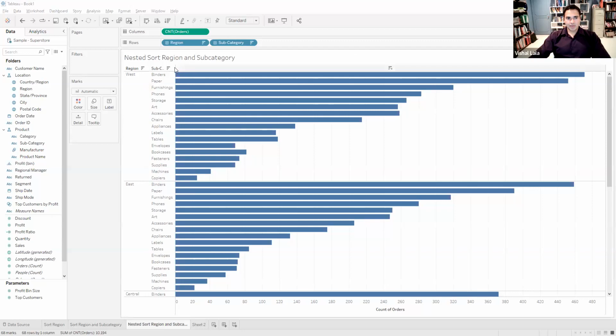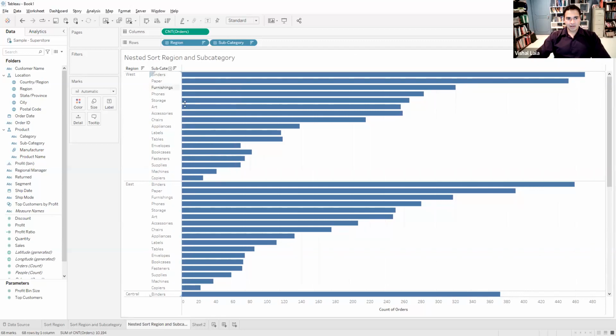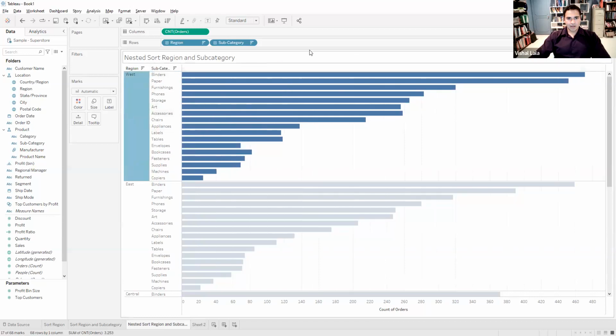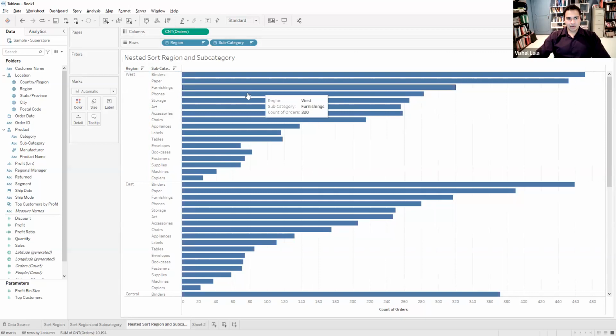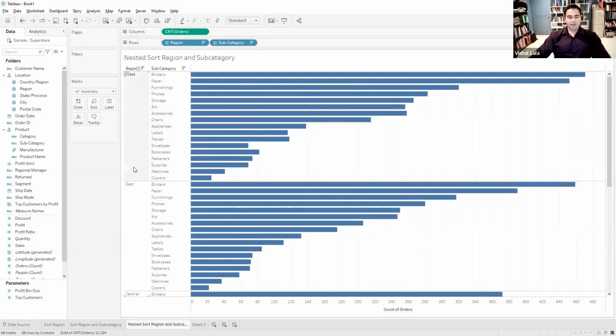Let me get myself some more screen space here first. Expand that. Okay, sorry. Let me click out of here and give me some more space. Okay, there we are. All right, so now what we're going to do is sort by subcategory